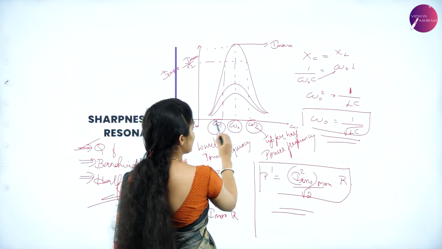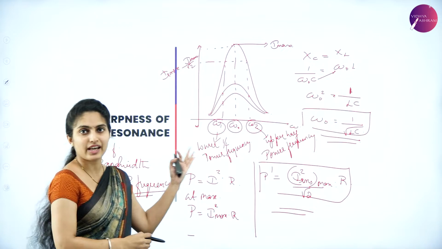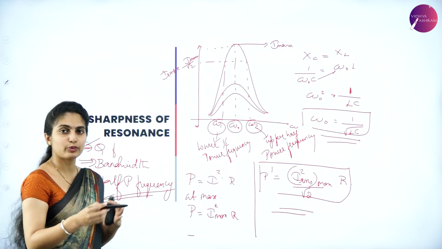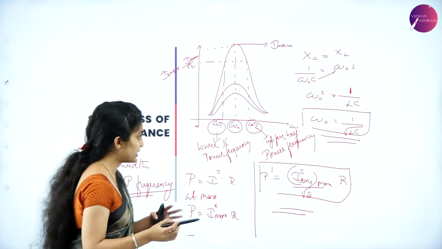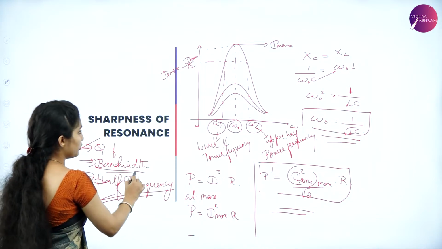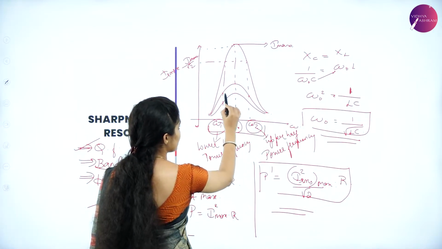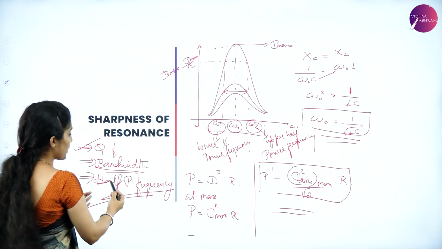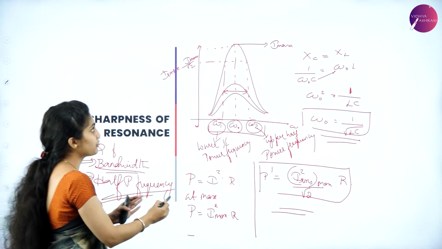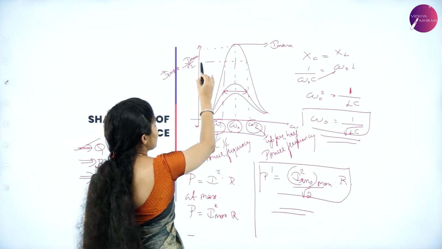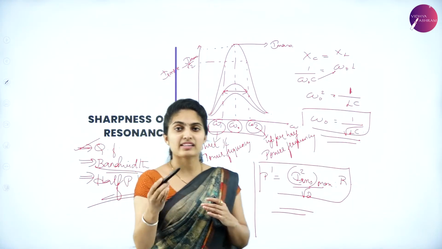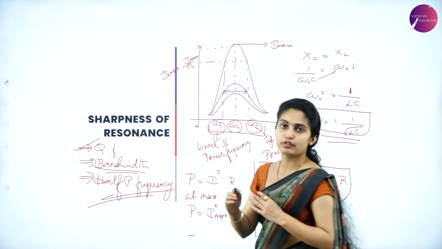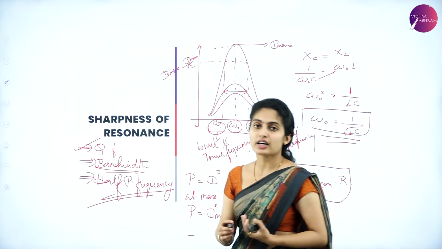It's the difference between the upper half frequency and the lower half frequency. It's the difference between the final and initial frequency, which gives you the bandwidth. The width of this line gives you the bandwidth. Okay, so next you have half power frequency. Half power frequency means half of this main frequency. Half of the maximum value is said to be the half power frequency, which we take as the RMS value or the